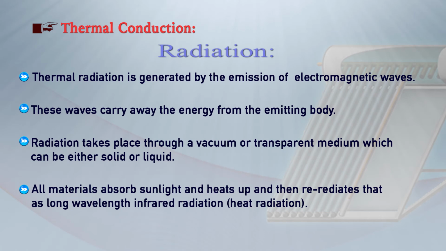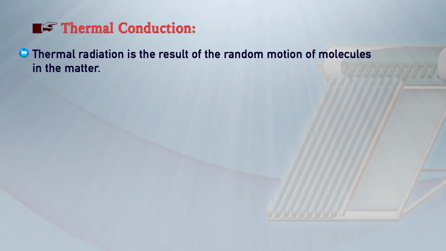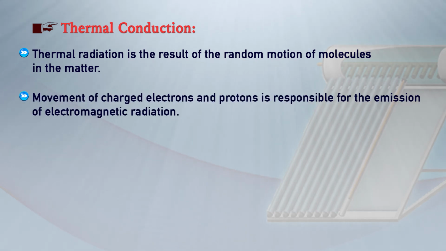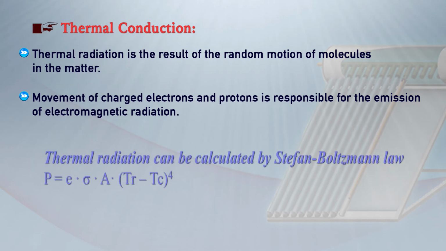All materials absorb sunlight, heat up, and then radiate that as long wavelength infrared radiation. Thermal radiation is the result of random motion of the molecules in matter. Movement of charged electrons and protons is responsible for the emission of electromagnetic radiation. Thermal radiation can be calculated by the Stefan-Boltzmann law. By this formula you can see here, P is equal to epsilon sigma A (Tr minus Tc)